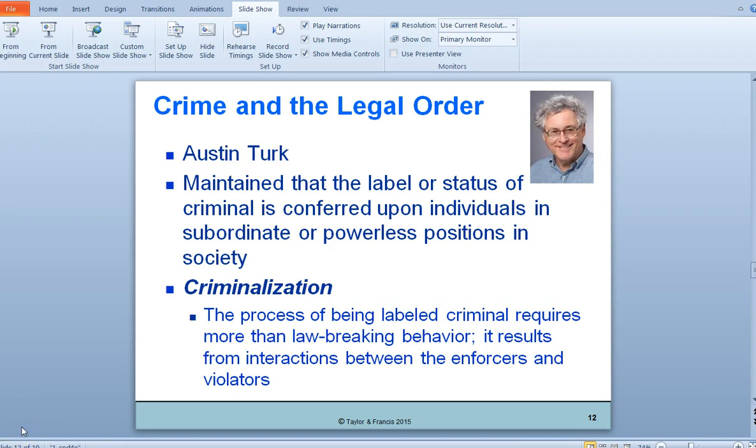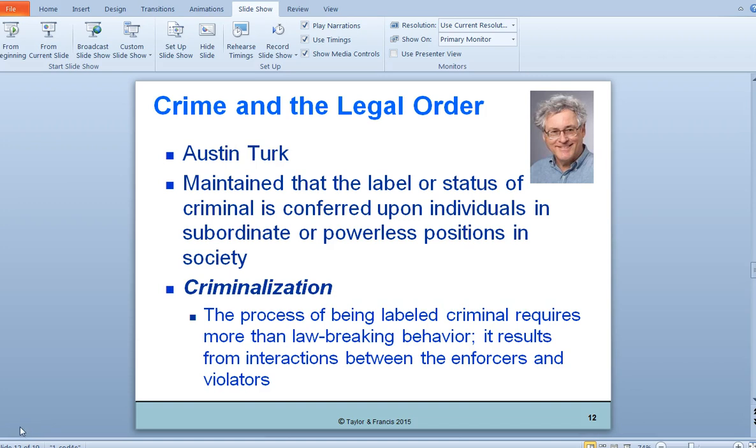Now, his belief is very similar to the labeling perspective that we talked about a little bit earlier. And he stated that nothing and no one is intrinsically criminal. Criminality is a definition applied by individuals with the power to do so according to illegal and extra-legal as well as legal criteria. So again, he's saying those that are defined as criminal by those within the power is the reason that someone is a criminal, which is his term for criminalization.